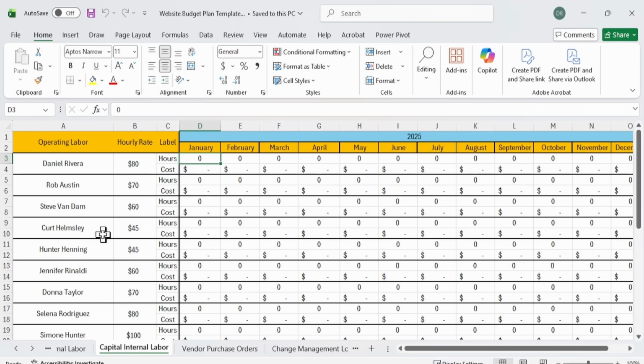If your estimations continue to be off for internal labor, I'm going to show you how to fix that right now. So firstly, we have our spreadsheet here for capital internal labor. And capital internal labor very quickly are those resources that help build the actual product or are part of the